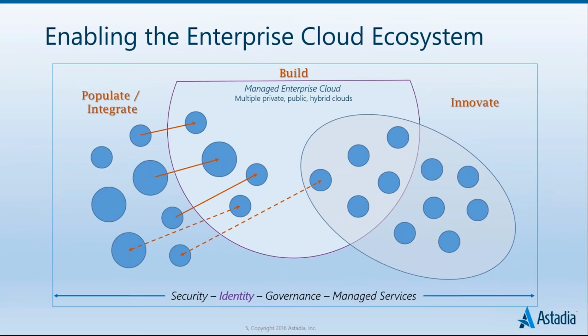This next slide I want to spend a few minutes on. One of our top objectives here at Astadia is to help our clients build and enable their enterprise cloud ecosystem. And I'm not talking about just a single cloud instance of AWS or Azure. The reality is that any enterprise is going to have multiple instances of major cloud vendors, as well as, of course, a lot of the SaaS vendors with their own clouds that they bring along as well. But it's about getting a handle on the totality of cloud computing and use by the entire organization without bringing innovation to a grinding halt.